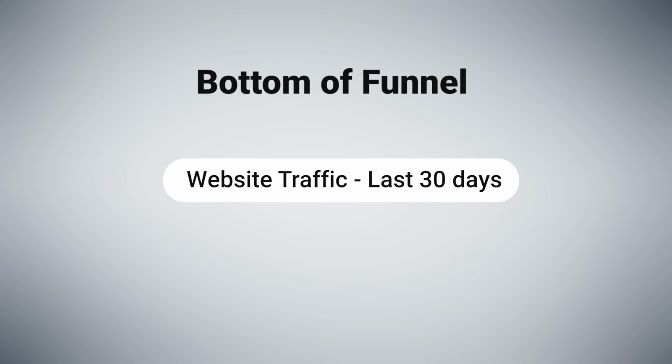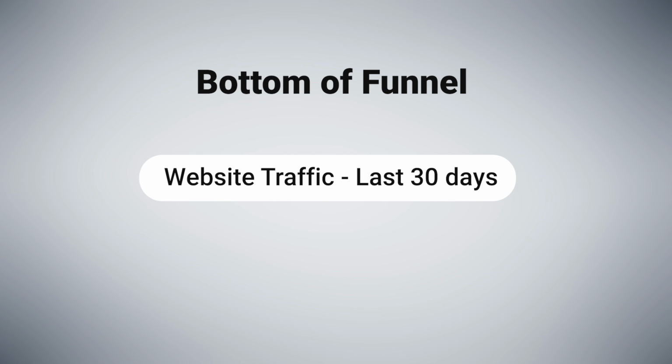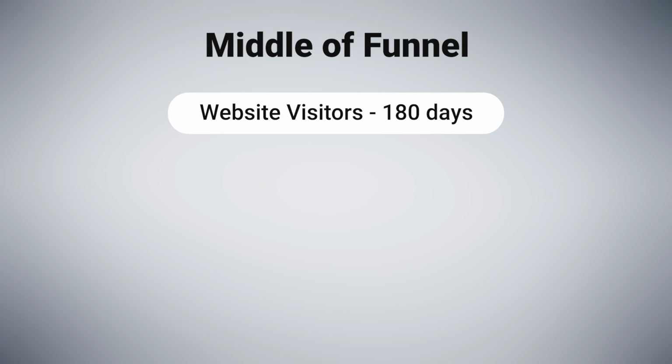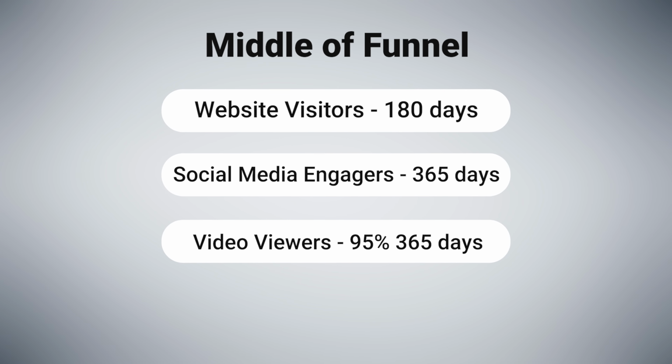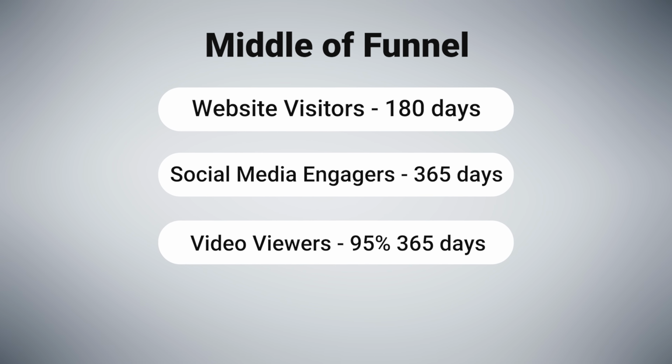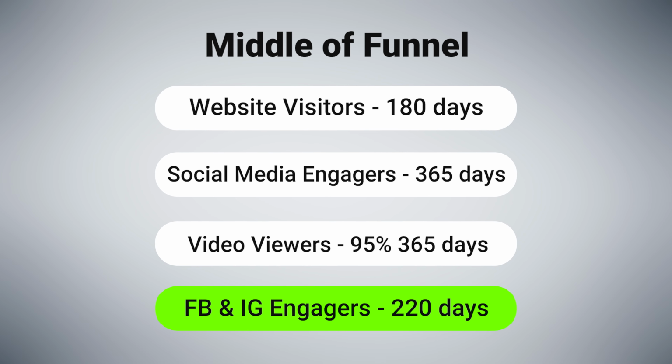Okay. First of all, because they are qualified warm audiences. Also, your middle of funnel audience with your bottom of funnel. Bottom of funnel, most of the time people refer to as the website traffic, let's say, of the last 30 days, excluding purchases of the last 30 days. It's fairly smaller than the middle of funnel, which most people refer to as website visitors 180 days, people engaging with social media for 365 days, or people viewing videos, 95% of the video, for 365 days. I like to use 220 days for Instagram and Facebook engagers. These audiences are going to be much bigger than a 30 days